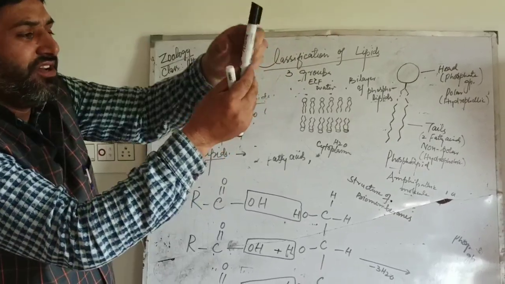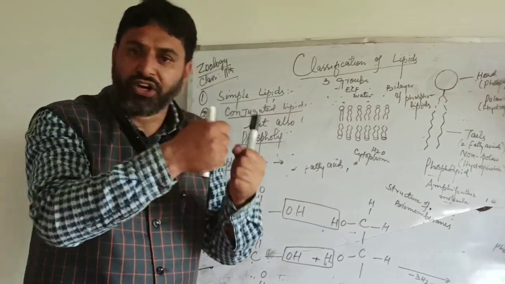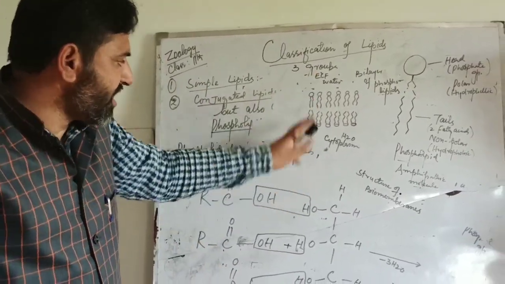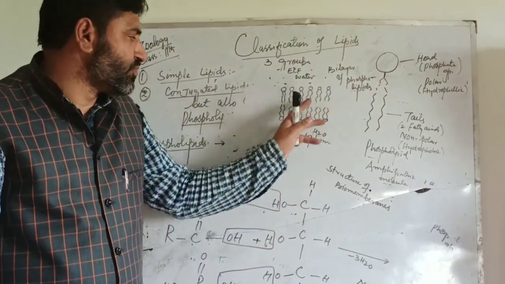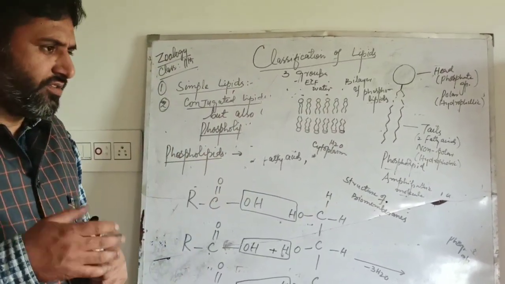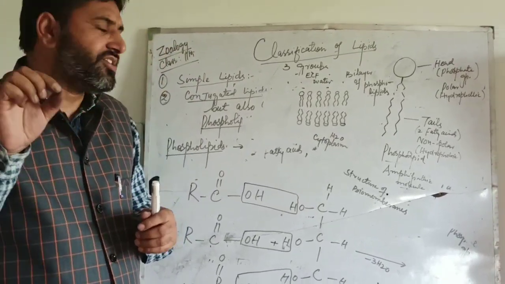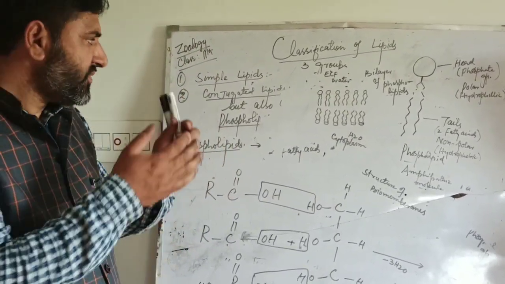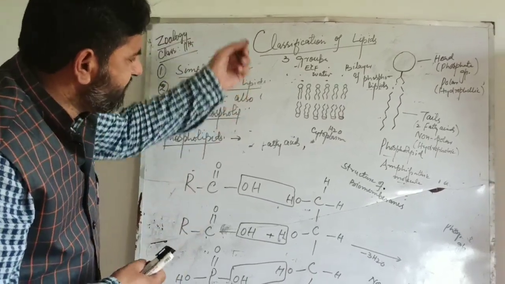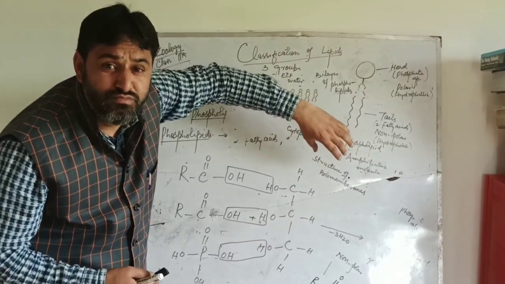They form a bilayer of lipids. So this bilayer of lipids forms a water resistant barrier. That means water cannot enter through this phospholipid layer into the cell. That is why there are tunnel proteins. These tunnel proteins have pores through which water can enter. Now you know that these phospholipids form the structure of biomembranes.